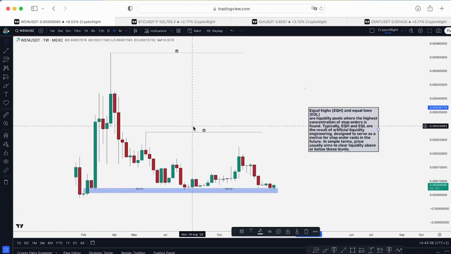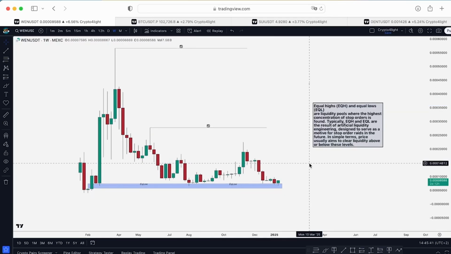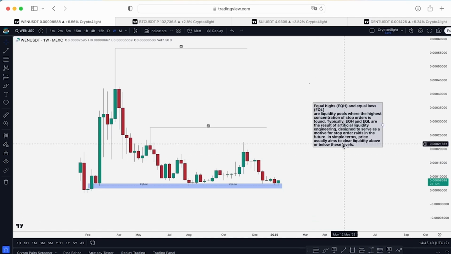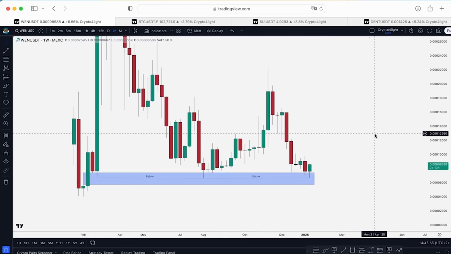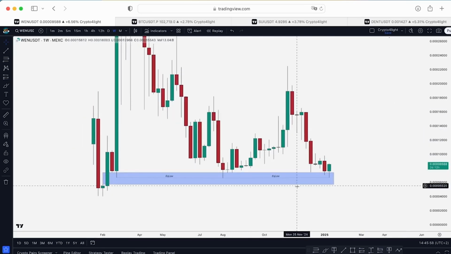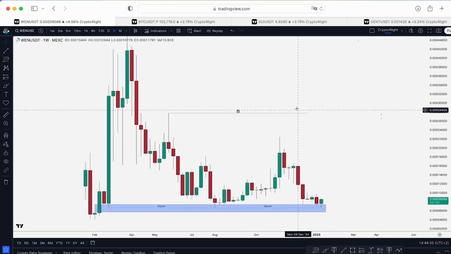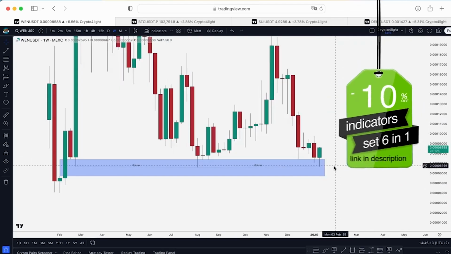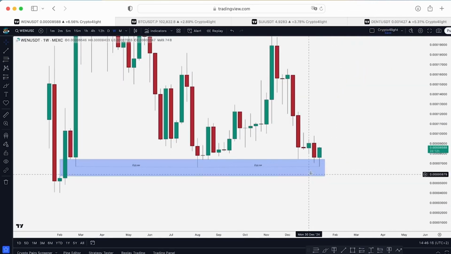and I already explained to you, it's impossible to trade all of those coins every single day without a weekend, even on 10-second time frames, manually by the hands of traders around the world. All these levels are designed to serve as motive for stop order rates in the future. So in simple terms, the price usually aims to clear liquidity above or below this level. The retailers who trade by books always think when we get some level, it's support, and the next level is resistance. But believe it or not, in most cases, sooner or later we drop and sweep this liquidity